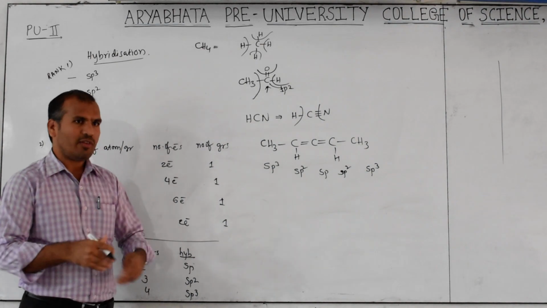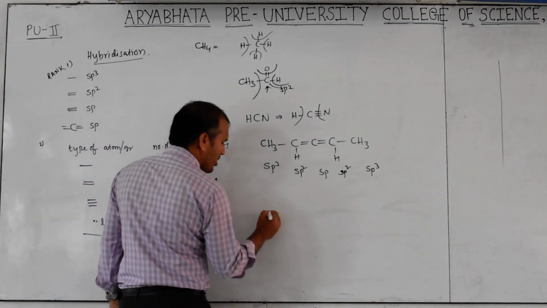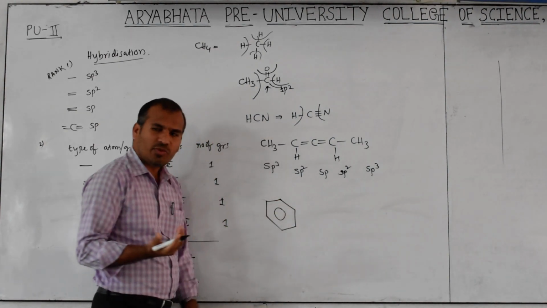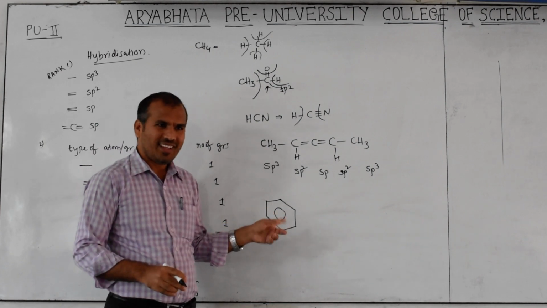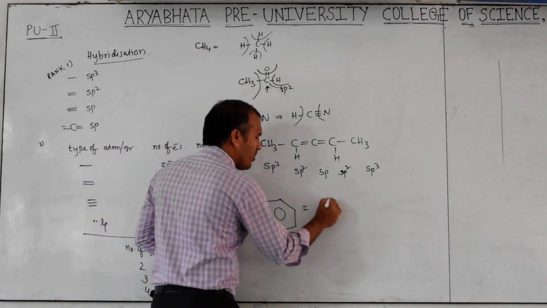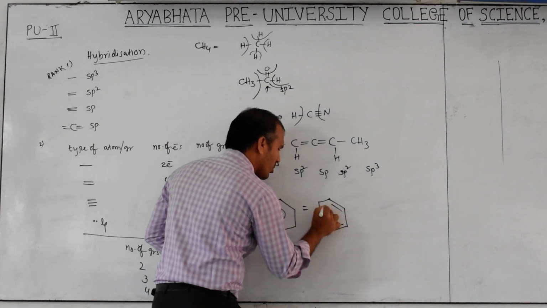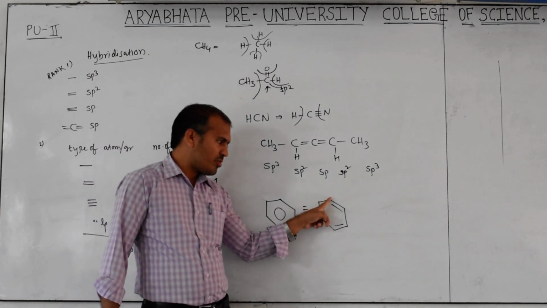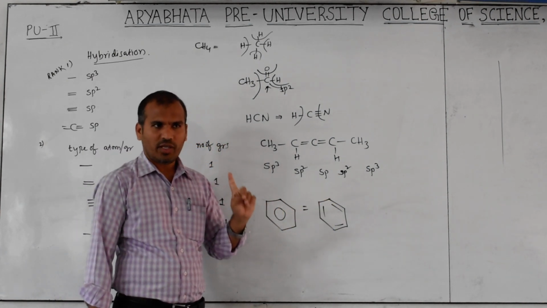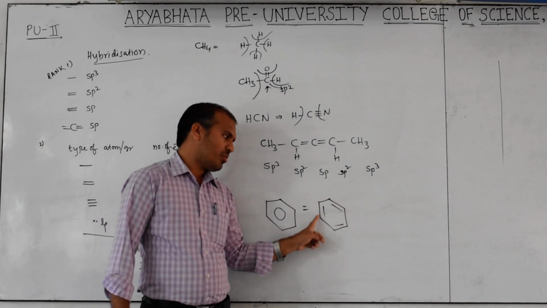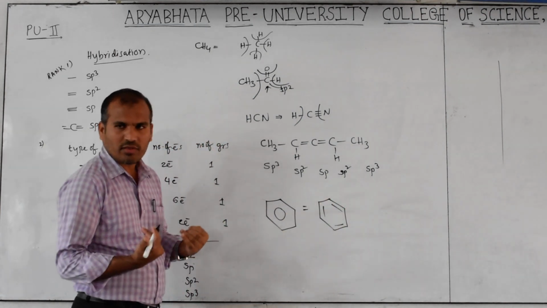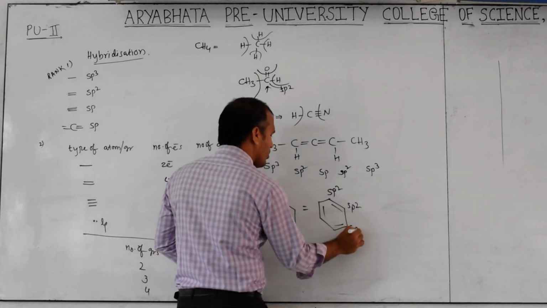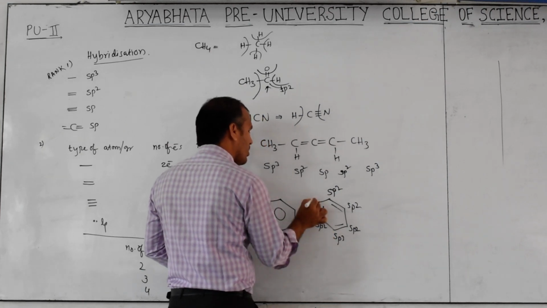This is an open chain again. If it is cyclic, it may be given. Then what is the hybridization? Now you know benzene. A ring may be given, and then some students may think that the double bonds are not appearing. A ring is there, no? But actually it is represented in this form: double bond, double bond, double bond. For each carbon, what is the hybridization? sp2, because at least one double bond is there. Every carbon having one double bond is called sp2: sp2, sp2, sp2, sp2, sp2, sp2.